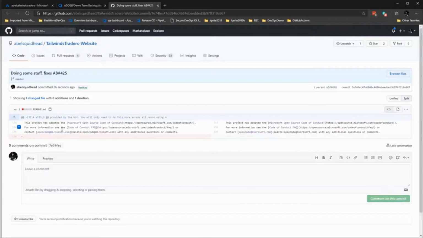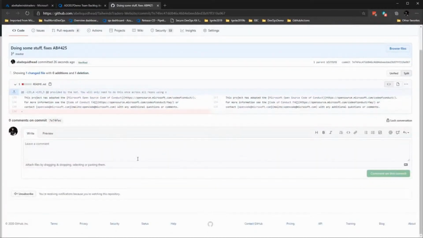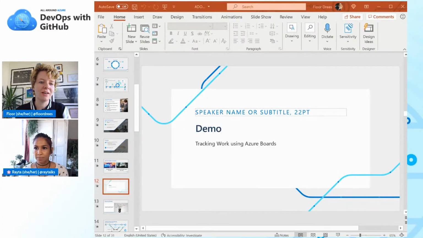If you use other language, it will not move to the done column, but it will just add a deep link to the page, the PR on GitHub. There we go. Let's move back to our slides